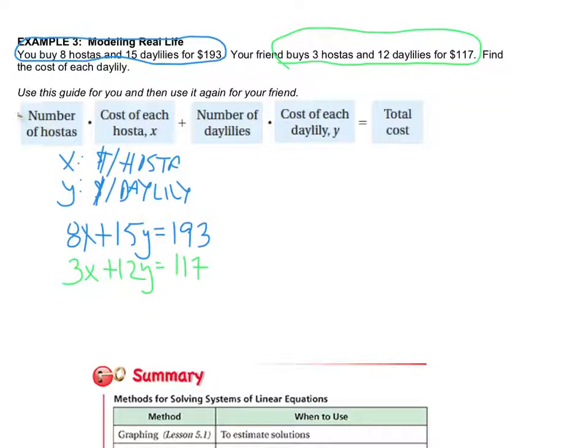So because of this, I'm going to have to multiply both of my equations by something. So here's what we're going to do. I'm going to multiply the top equation by 3. Then I'm going to multiply this bottom equation by a negative 8. And by changing these equations into something that I can work with, then we should be able to come up with our answer. So if I was to multiply the top one, here's my new equation, 24x plus 45